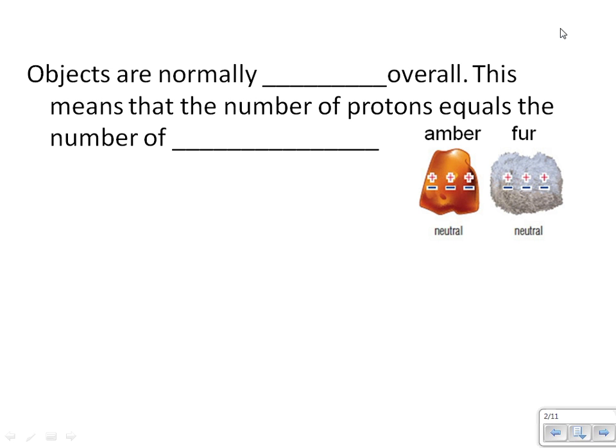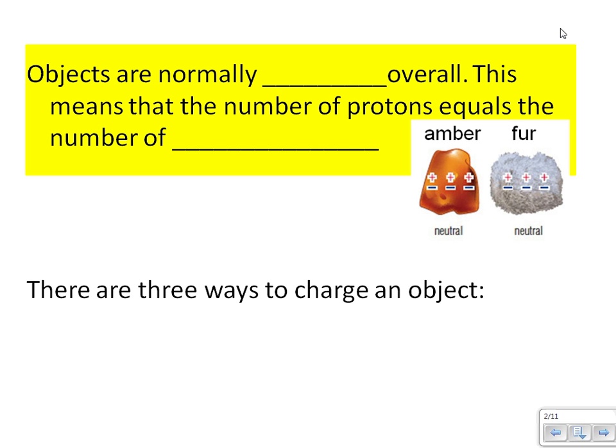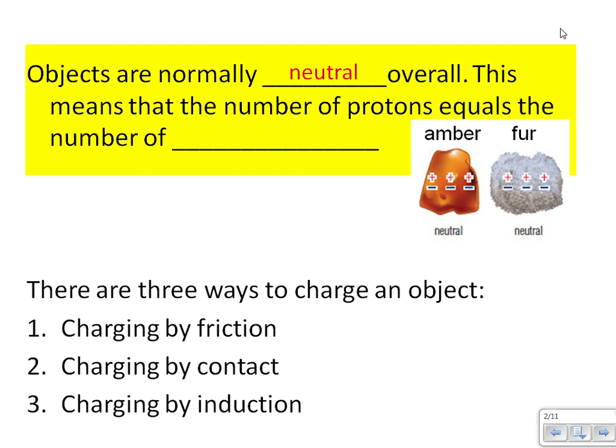Objects, normally, when they're just hanging out, are normal. Objects are normally neutral overall. This means that the number of protons equals the number of electrons. So here are two objects. One is amber, that sort of yellow hard stone, and fur. And I've drawn some protons and electrons on each one to show you that they're always equal,